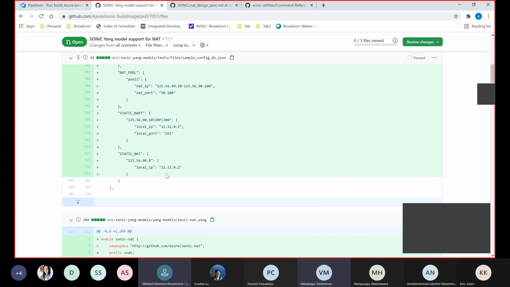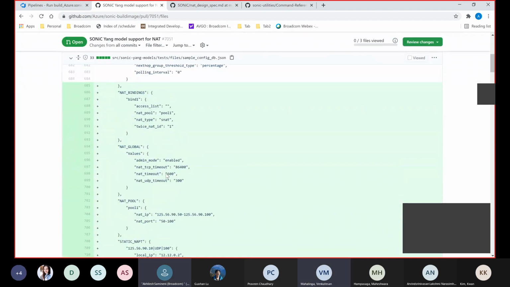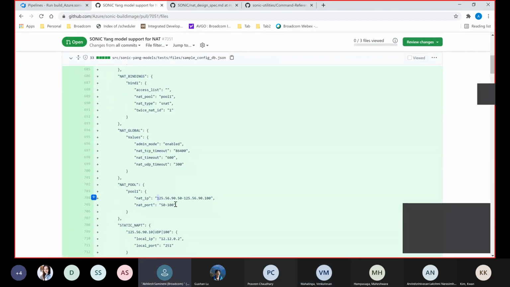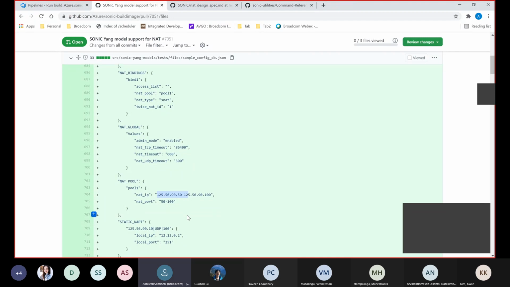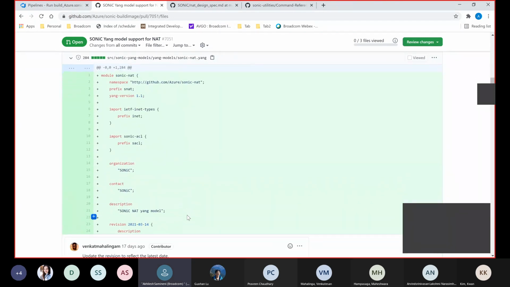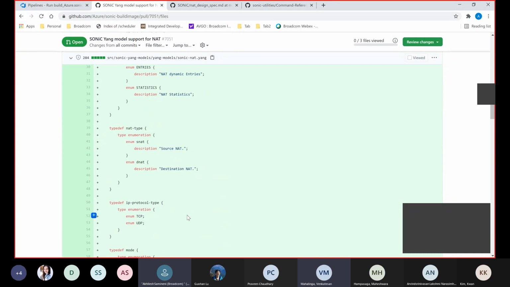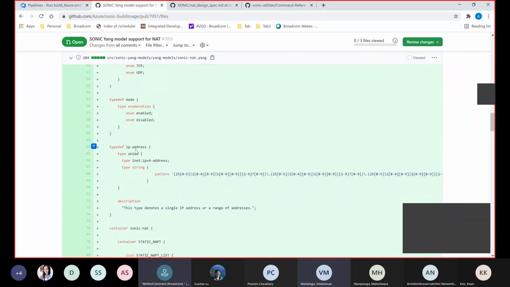Okay, let me check. Are you mentioning this one, right? Yeah. Because I have added a union here. IP address is a local one. I'm using IP address defined, and a union of type IP address and a string for a range of IP addresses. Oh, then you'd better define something like IP address range here, because it's confusing, right? Okay, sure. I will update this one, IP address range.